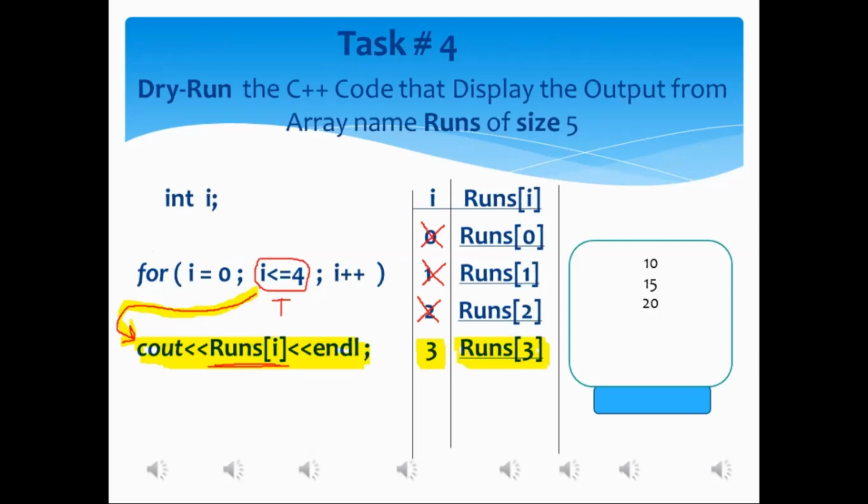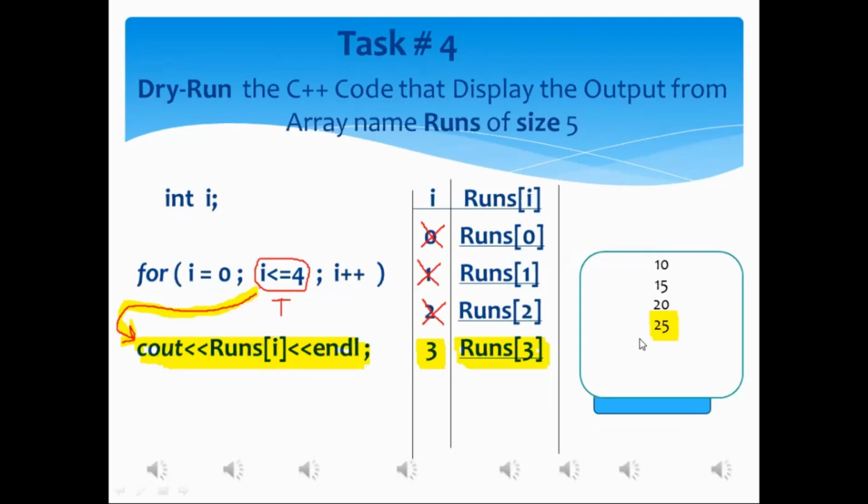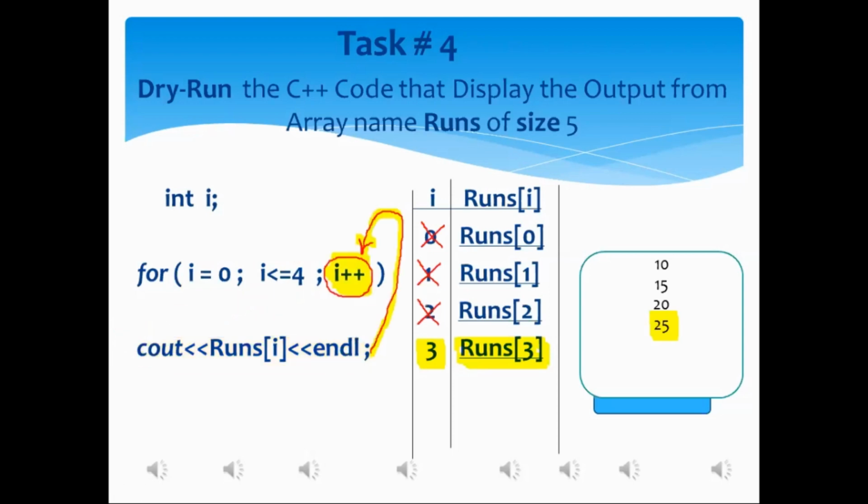That one is the for loop associated statement. Yes or not? Yes, sir. 25 must be displayed, yes or not? Yes, sir. Okay, the 25 has been displayed over there. Mr. Aftab, after the execution of the for loop associated statement, the control of execution will be shifted to where? To the increment statement, sir. Okay, increment statement. Your answer is correct, my dear.